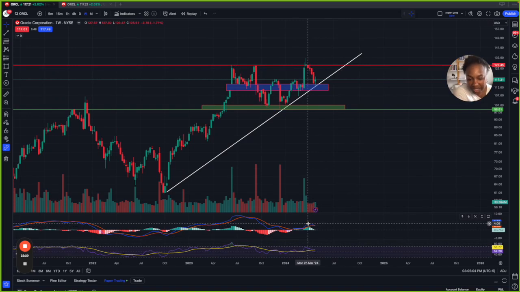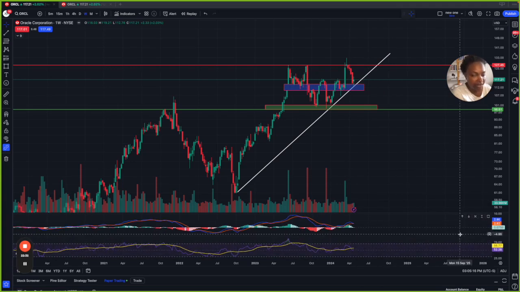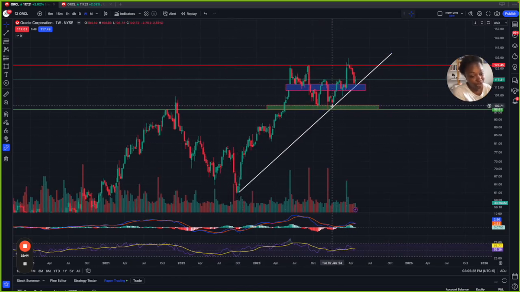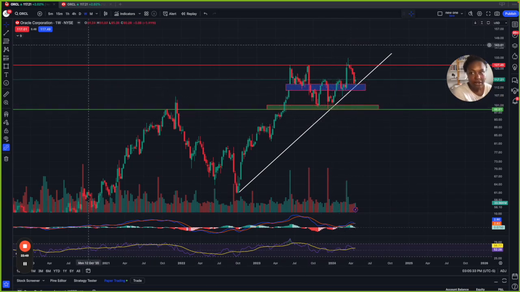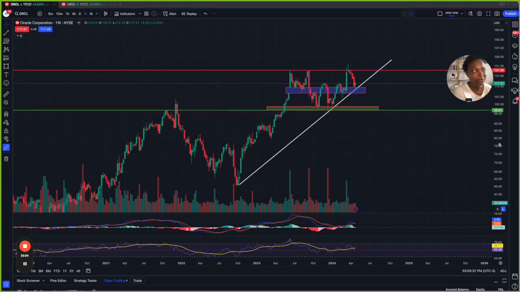We do see that there is some bearish momentum starting to come in with MACD, but overall RSI is still above 50. We see it's at 56.77, which is absolutely in bullish territory. So I'm looking, and this held the trend line because it's been holding this trend line since October 2022, right? Returned to January 24, and this is where we are now. Now, subjectively, the candlestick pattern that we see right there is an inside bar, subjectively.